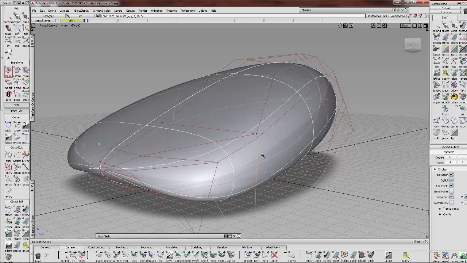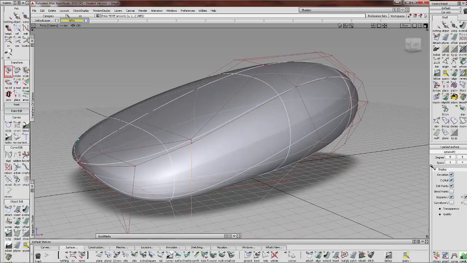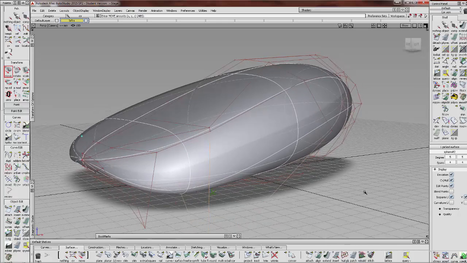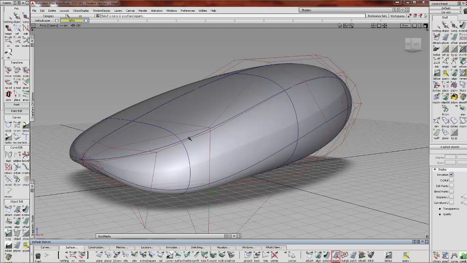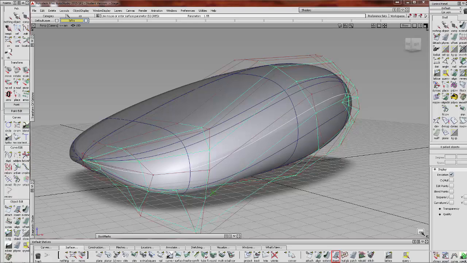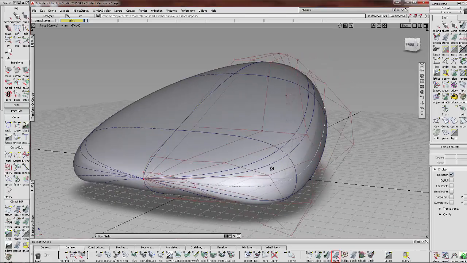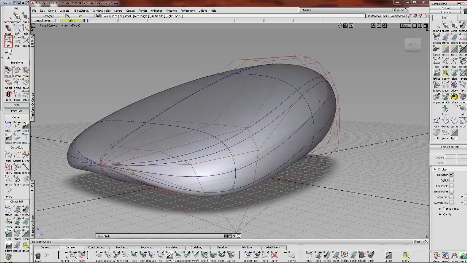I think I need some extra CVs in here, so I'm gonna increase the amount of CVs here. I can do that by adding here something there, but then it's generally spreading things out. I don't like that, so I'm gonna go to the insert option and I'm gonna pick exactly where I want to insert the CV there, and then one more. See, and now I have a bit more to play with, so I pick